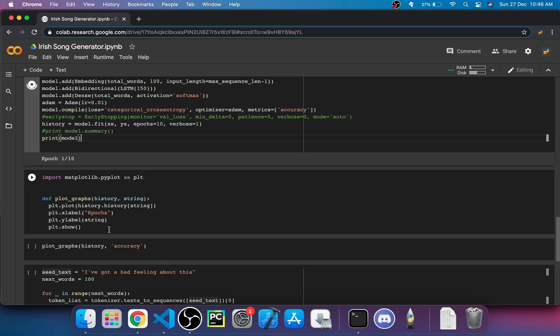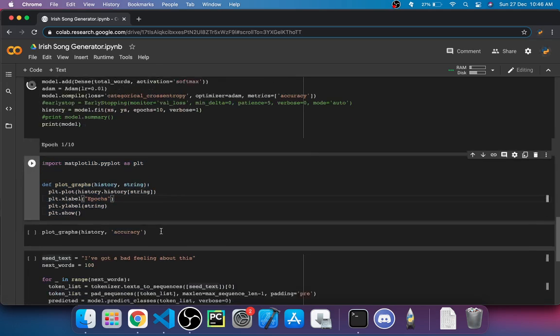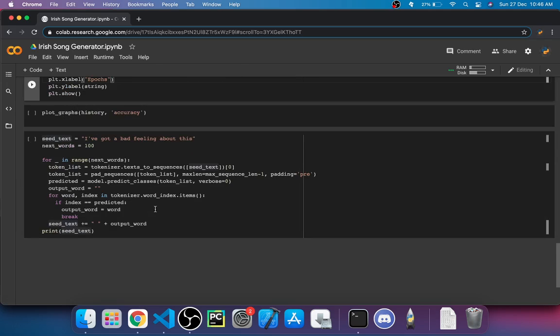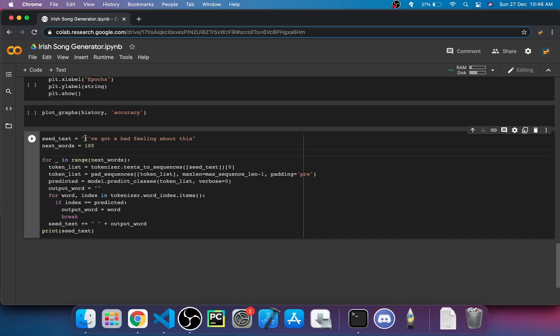And over here what we have done is just plot everything, and this is the actual cool thing. We have provided something called a seed text. The seed text is basically the text after which we are going to be putting in the different words.